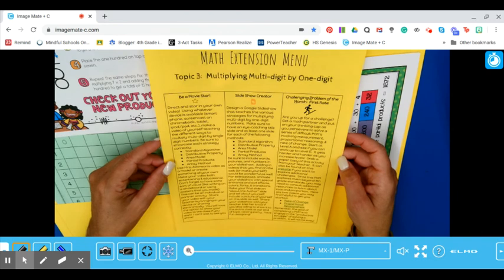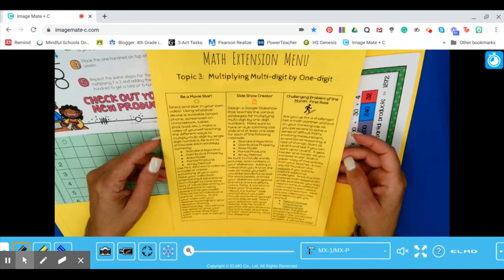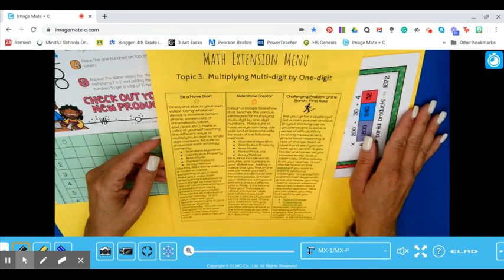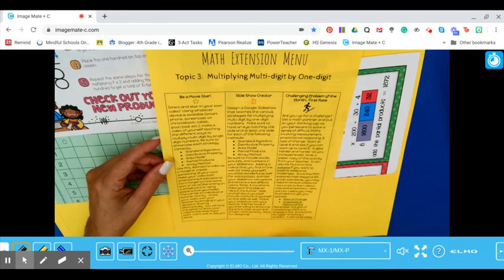And if you do extremely well on both pre-tests, you have what I call the option to test out of the topic. That means, why should you be sitting in my lessons all day long, every day, if you already know how to do what I'm teaching you? So, this testing out option is for students that already have mastery of topic 3 content. If you prove that to me, you have the option to participate in what I call a contract. You're kind of signing a contract, and instead of being in with me for my lessons, you would work on one of